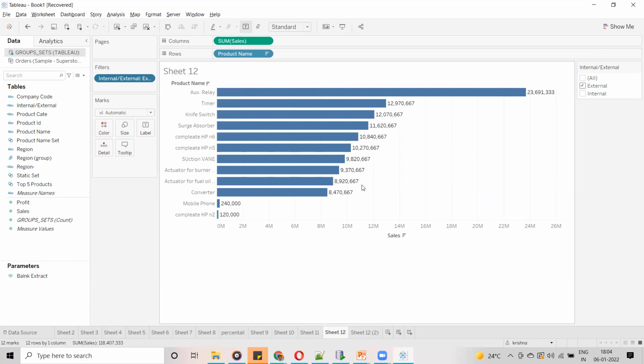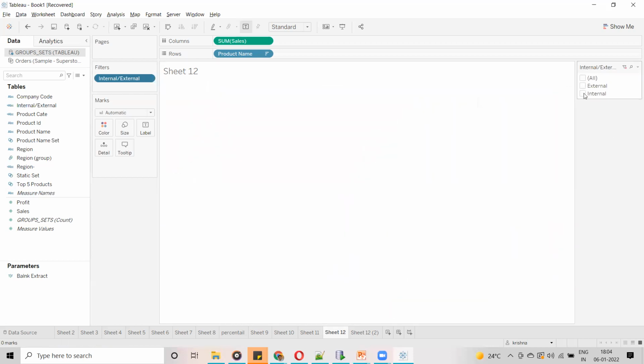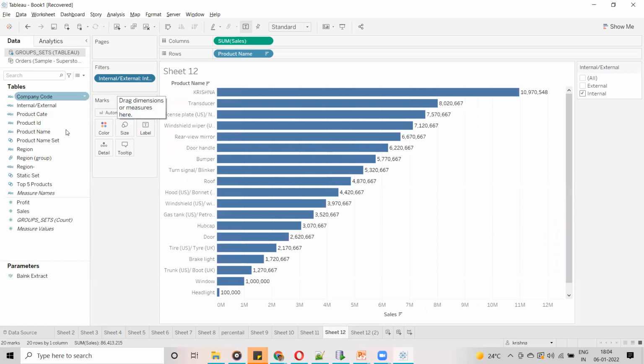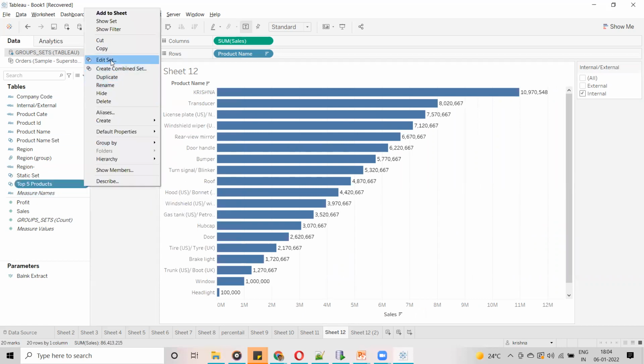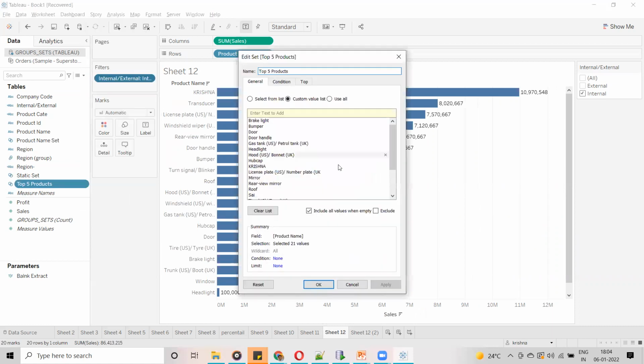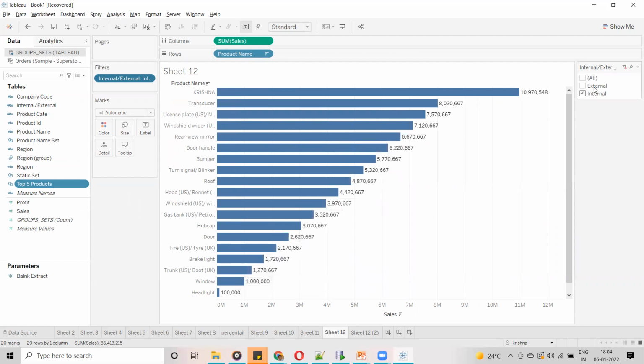And I have added one more product, which is Sai. Now I am going to add one more extra row with the product name Sai. Now let's see whether it is going to be included into internal or not. Irrespective, any product which is added into your database outside of this list is automatically going to be added into external. Whatever product names I have mentioned in the custom value list, only those are going to be part of internal.